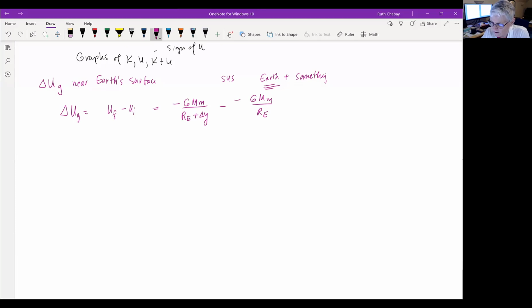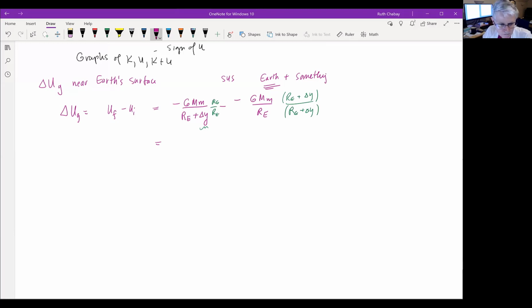Well, we note that delta y is going to be really, really small compared to the radius of the Earth first. But if we do some algebra and just get a common denominator by multiplying this side by the radius of the Earth plus delta y over the radius of the Earth plus delta y, and this by RE over RE, we can just simplify this, do some algebra and simplify it. And what we get